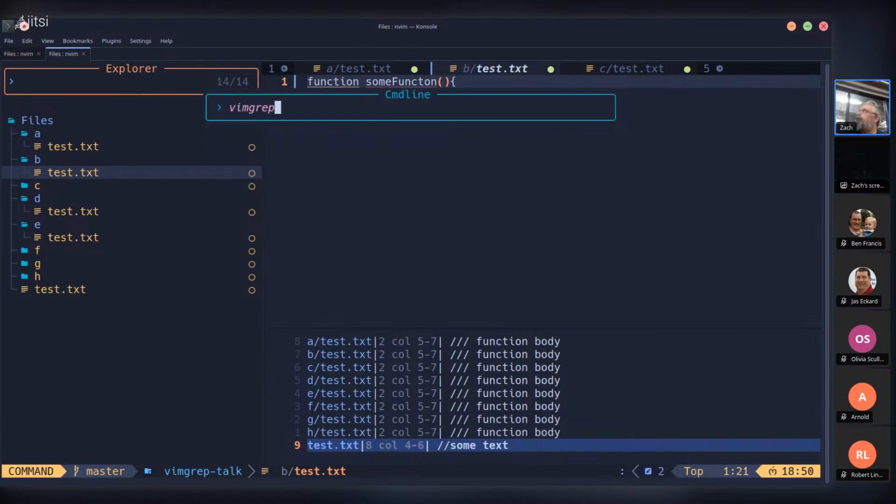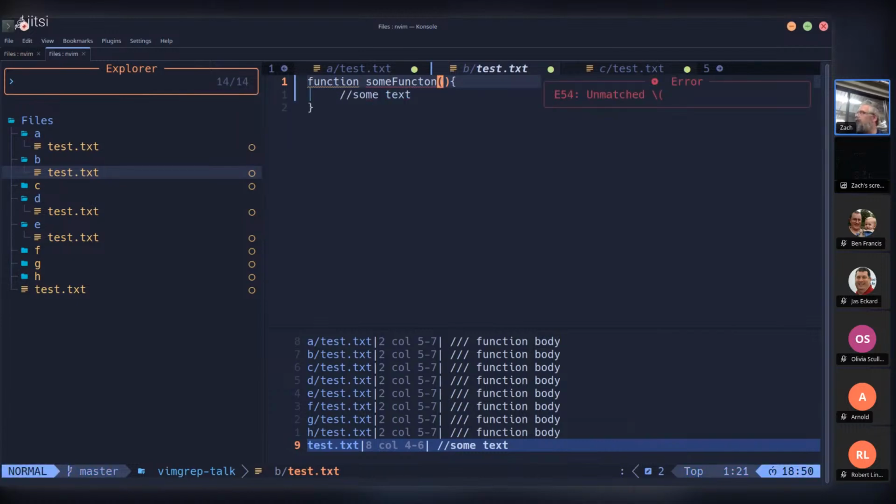Vimgrep, maybe match on the opening parentheses, and then all the files in this directory. I probably escaped that wrong, but